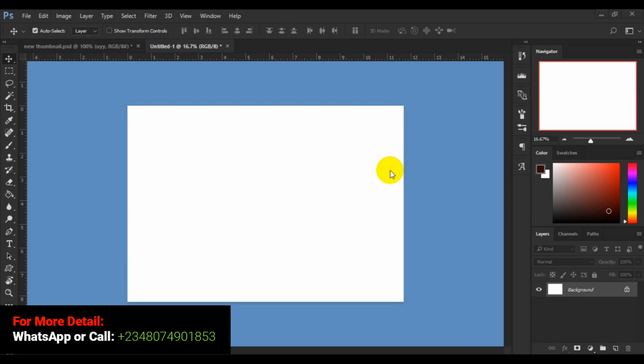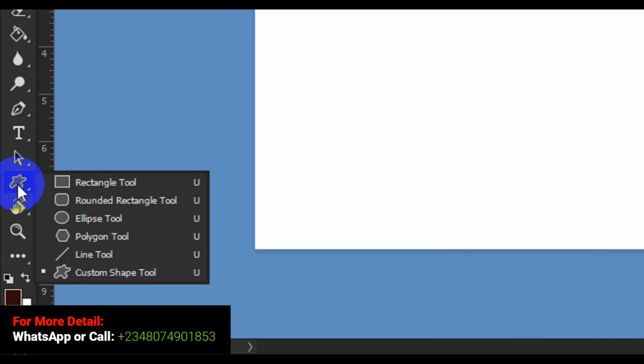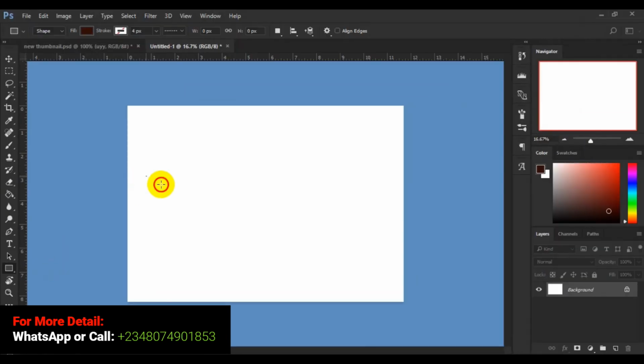So how do we work around with gradient tools, and how do we combine color in a very cool way that will make our design very attractive in Adobe Photoshop? So let's get to the practical right away. Let's say for instance we are trying to make use of a shape. So we'll go to my toolbar right here, I will right click on this point here, then I will choose rectangle. Now, if I draw a rectangle like this,